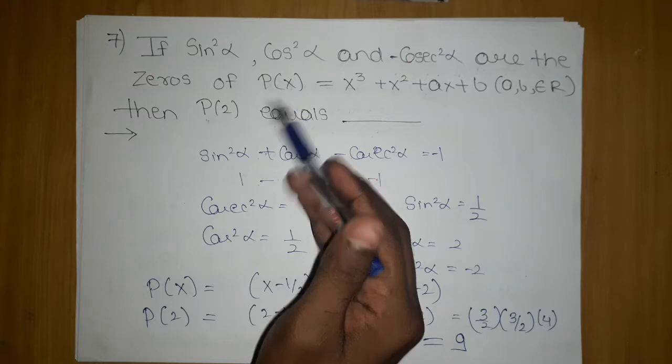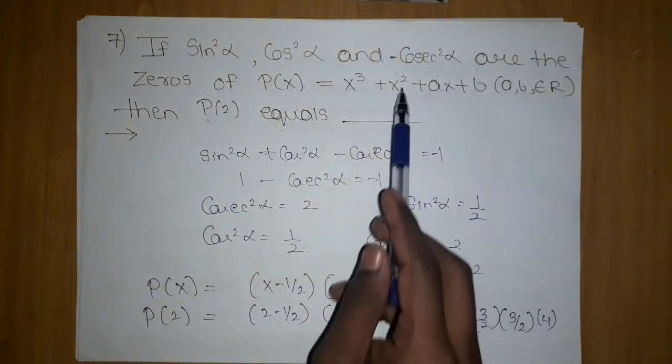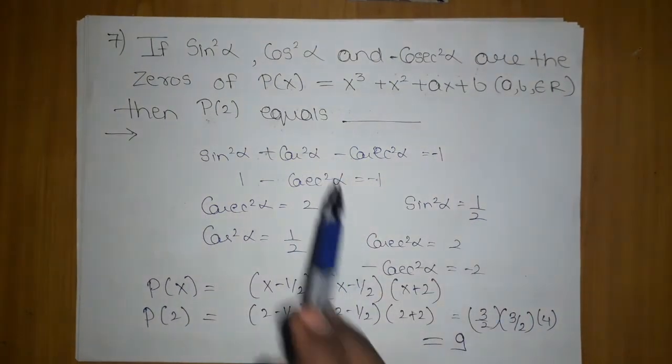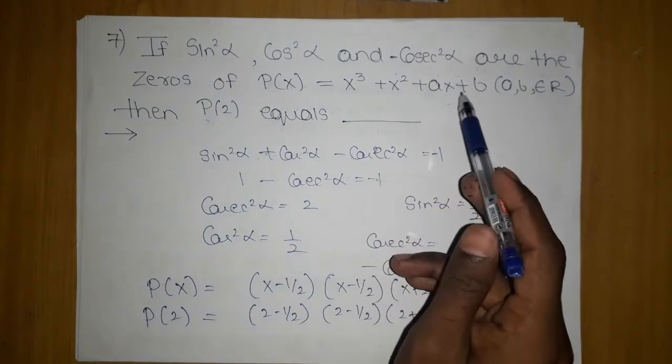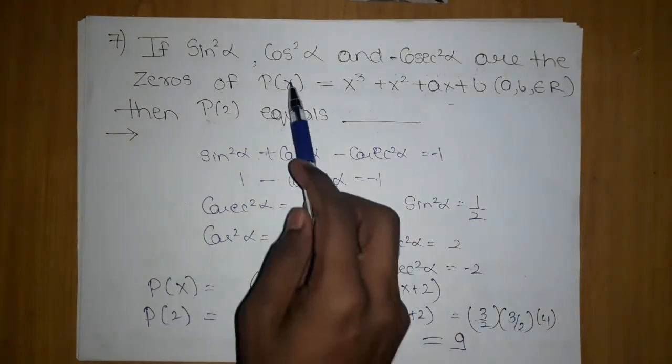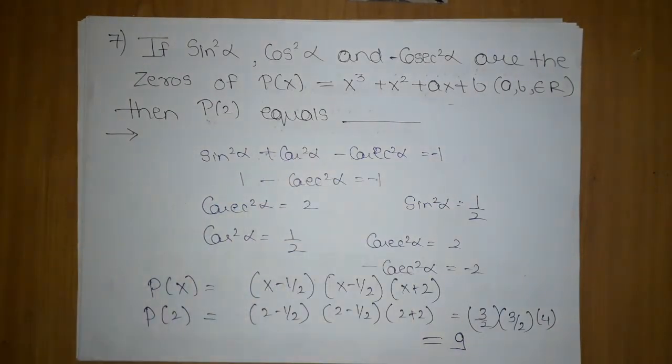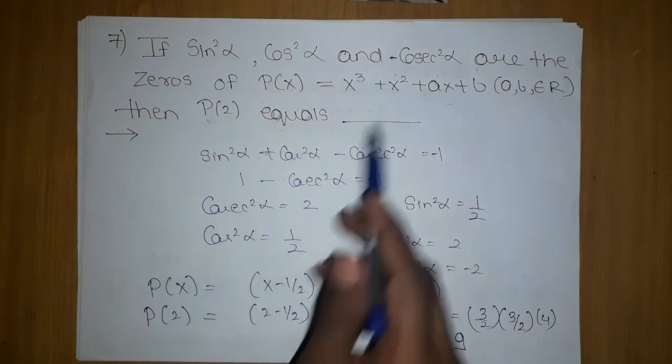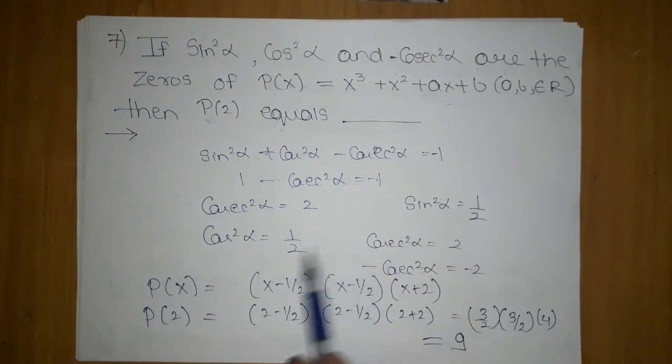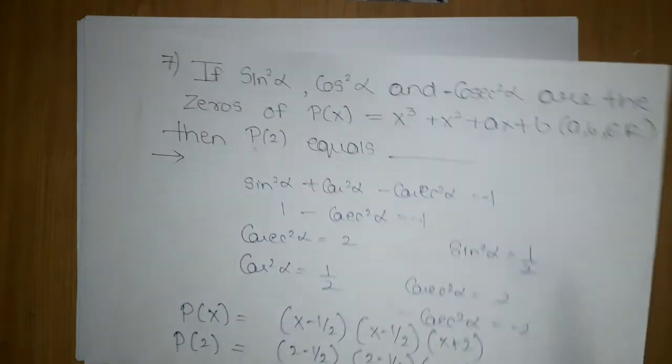For that p of x will be 0, and when I solve those equations, I will get the a and b values. And when you put these two, a and b values, and put x equals 2, you will get p of x. So nothing new, but this is the longer way. Rather, if you got the root, you can use this shorter way, which will just save your time in examination, and these things are good for you. Okay, so let's move on to the next question.